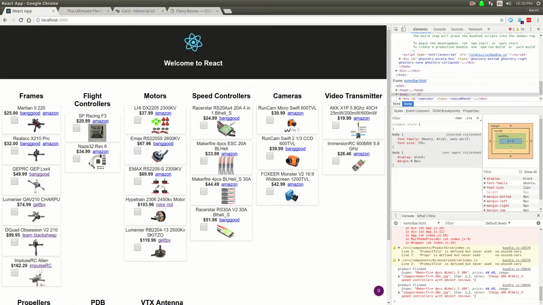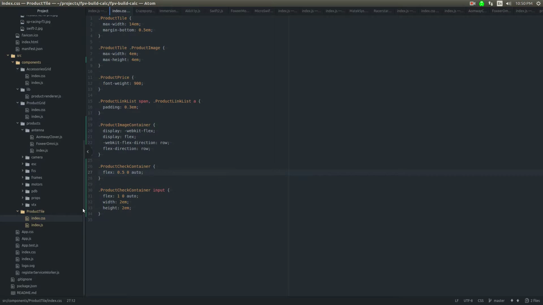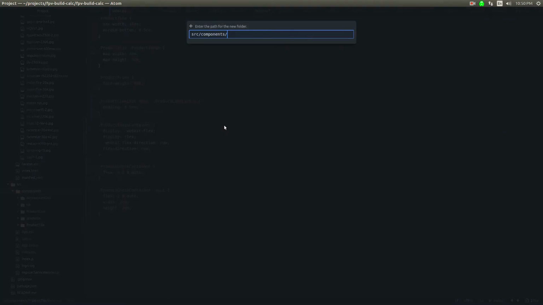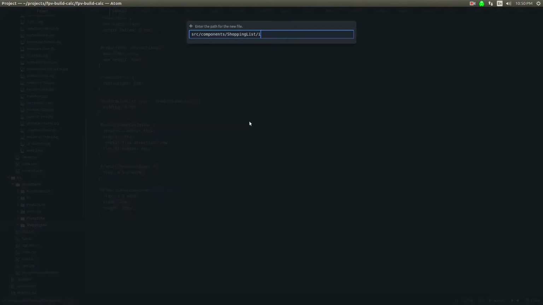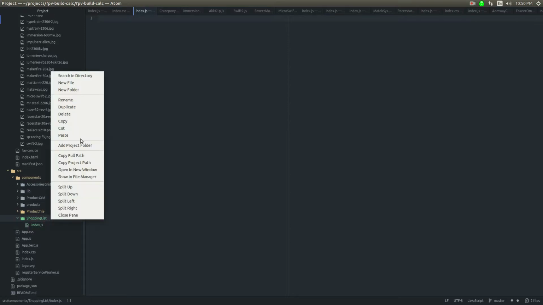And then on the side here, I want to kind of tabulate the products. So let's create a new component. We'll do a new folder, and let's just call it shopping list. And then inside of here, I'll create an index.js, and inside of here also, I'll create an